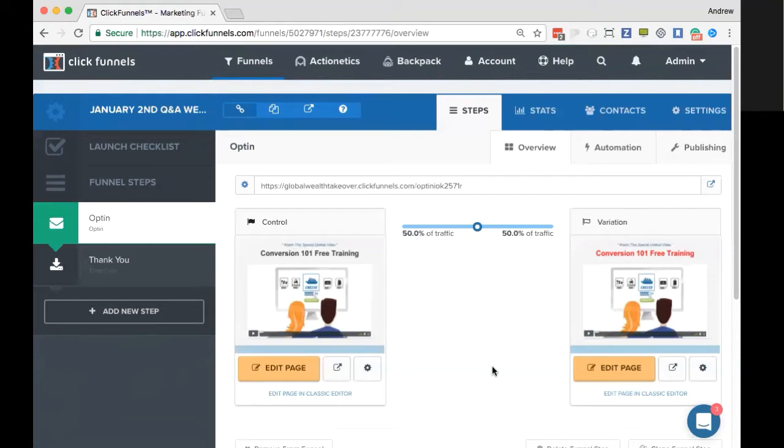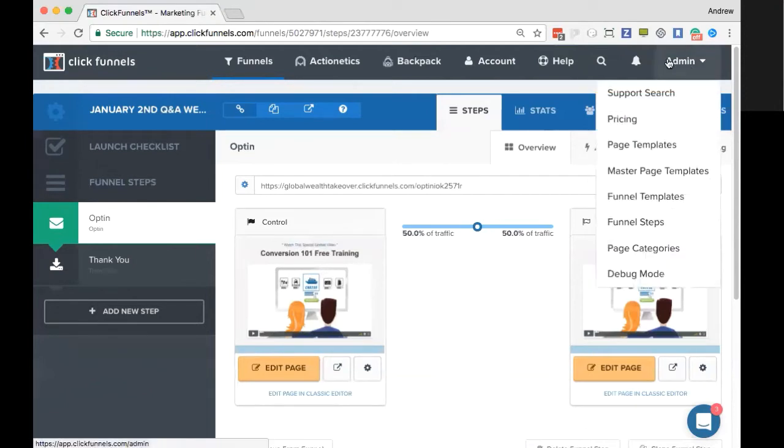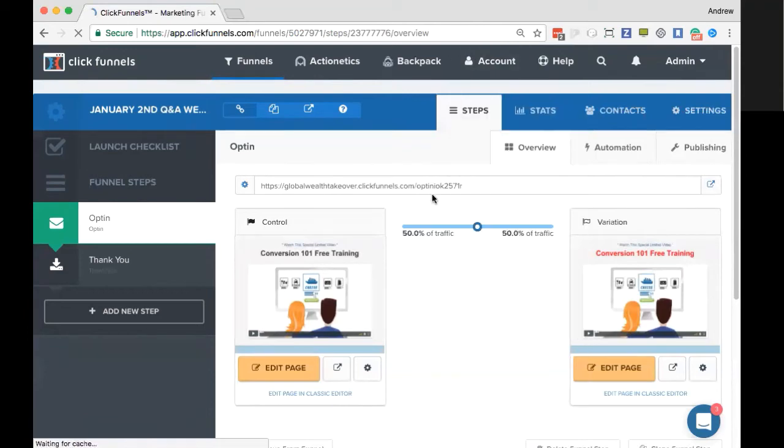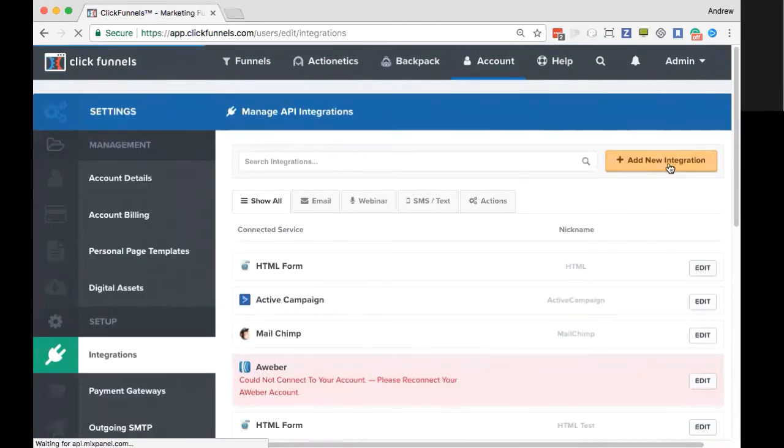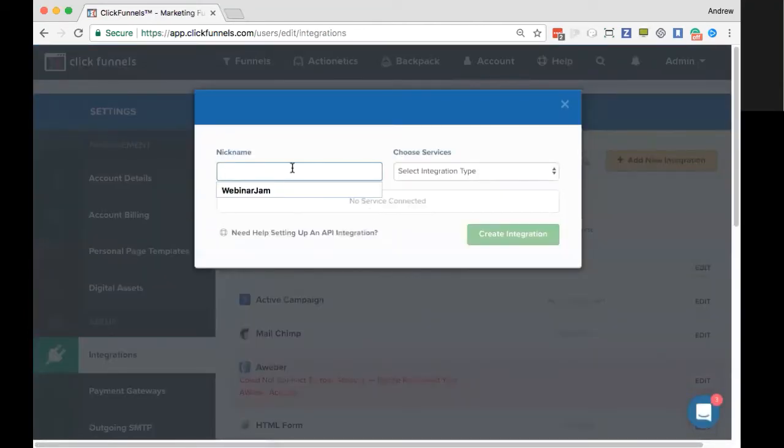Vera would like to know, can you walk us through how to add ActiveCampaign and then use it in a lead capture page? Oh, absolutely. So the first step will obviously be to have your ActiveCampaign set up. And then inside of ActiveCampaign, you'll need to retrieve two pieces of information. One of them is going to be the domain, and the other one is going to be the API key that they provide. Now, once you've got that information, what you'll do here, inside your integrations tab, is add a new integration. And you can call it AC Demo for ActiveCampaign.